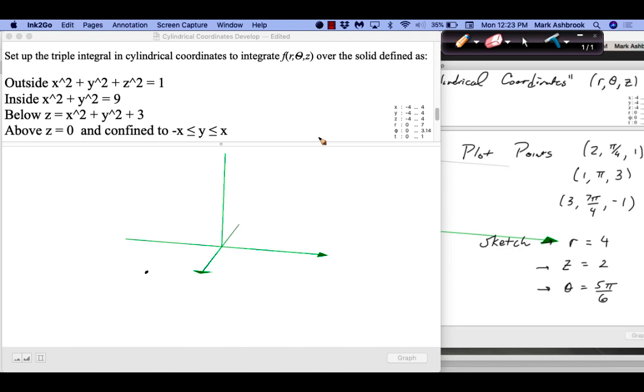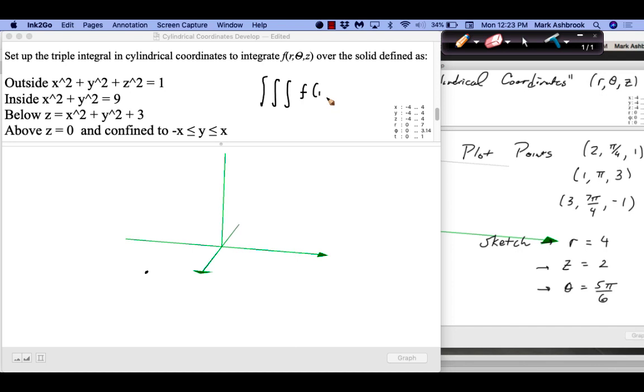So our goal is to try to sketch this as best we can, at least sketch it well enough so we can imagine exactly what it is. Once we get the sketch, that's the hard part. The easier part is then setting up the limits for the triple integral. Let's just mention that. Triple integral in cylindrical coordinates